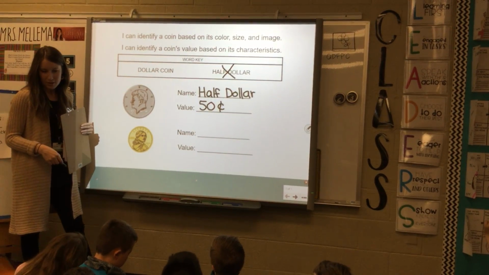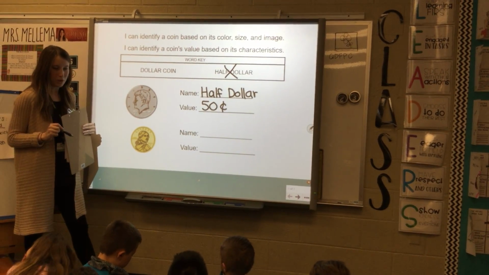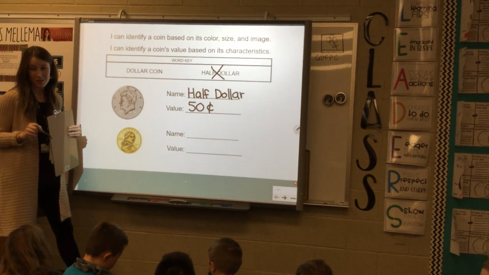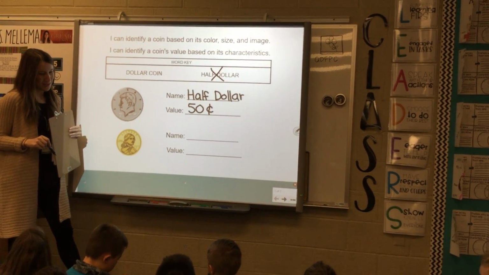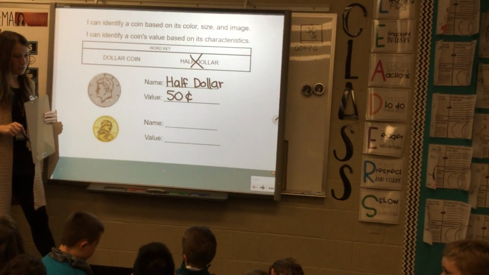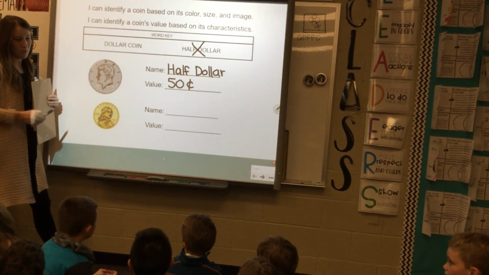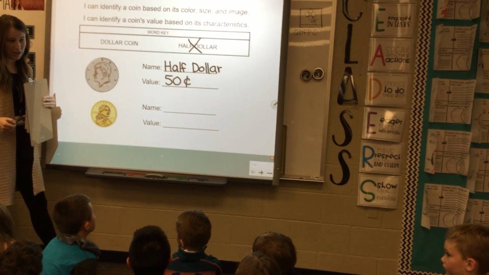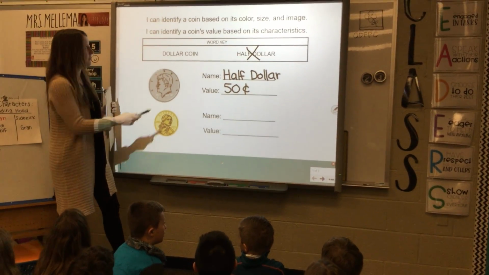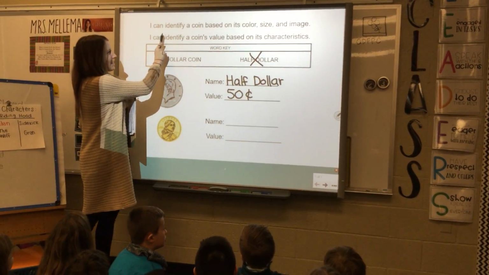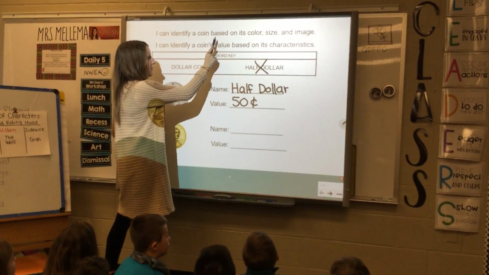So as we go back to our seats, you're going to find a worksheet on your desk where you get to really show what you know about coins. What I would like for you to do before we go is read our goals with me one more time. When we're finished, I will say go, and head back to your seats. Ready? Say it with me. I can identify a coin based on